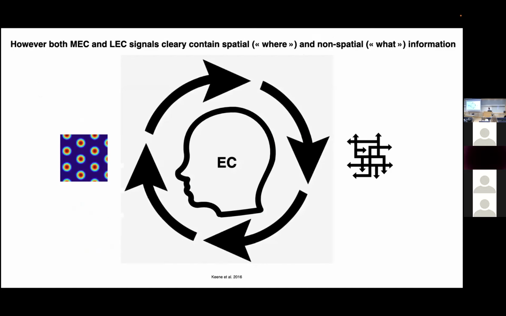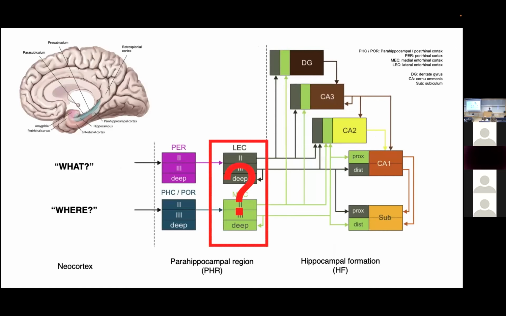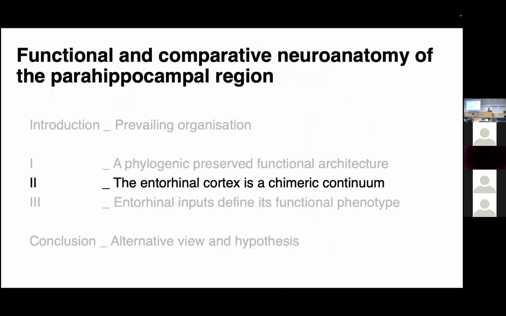Now, there have been a lot of papers, but I picked this one from Howard Eichenbaum's group in Science in 2016, because you can look at these typical cells in the medial entorhinal cortex or lateral entorhinal cortex, but actually both cells, at both the single cell level and population level, code for both spatial and non-spatial features. And it's really challenging because basically we can't say that LEC is providing non-spatial information while MEC is providing spatial information. There is already a high level of integration within the entorhinal cortex.